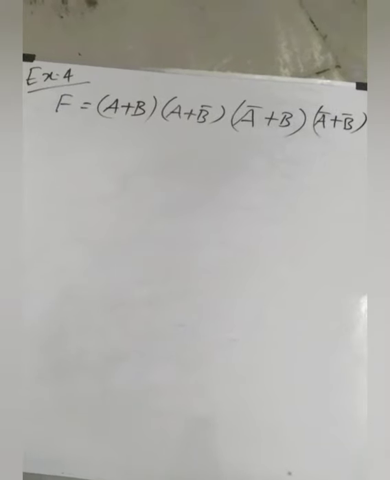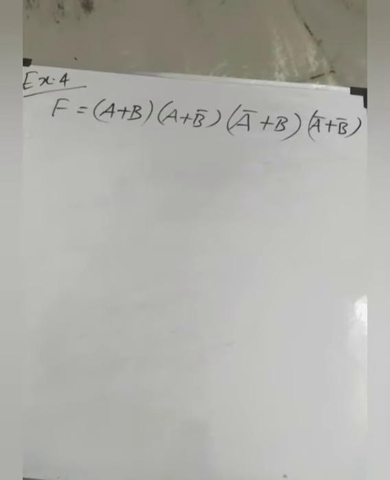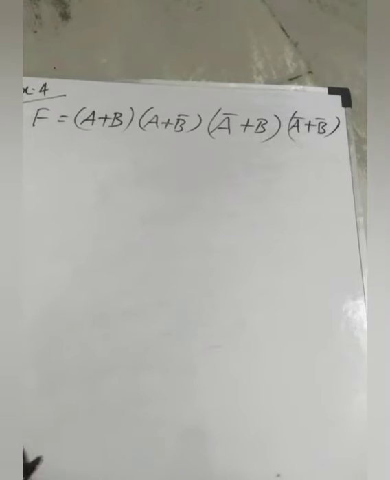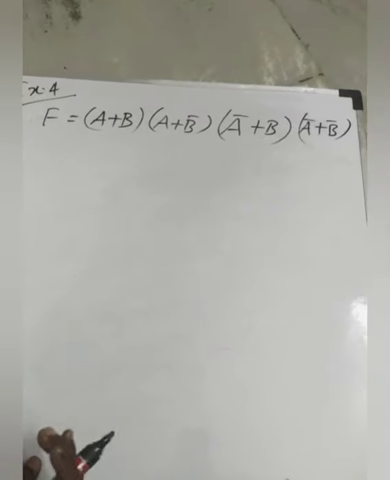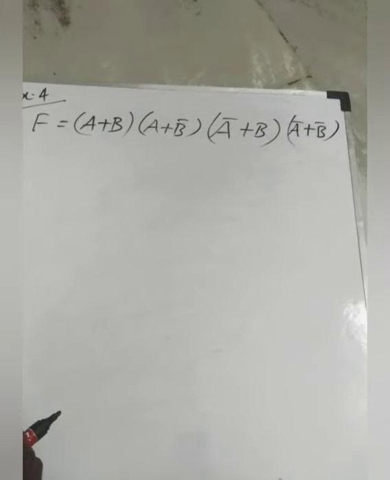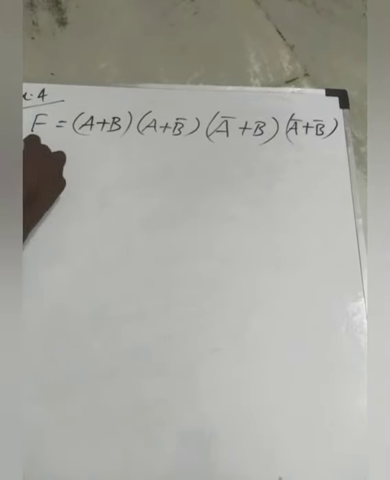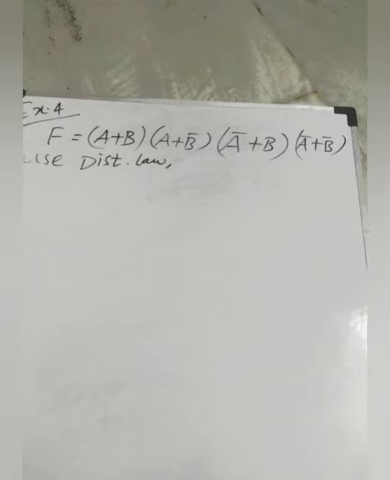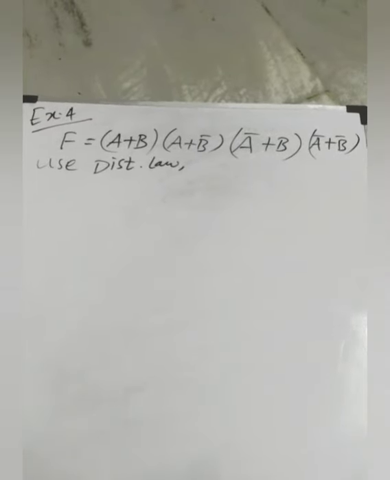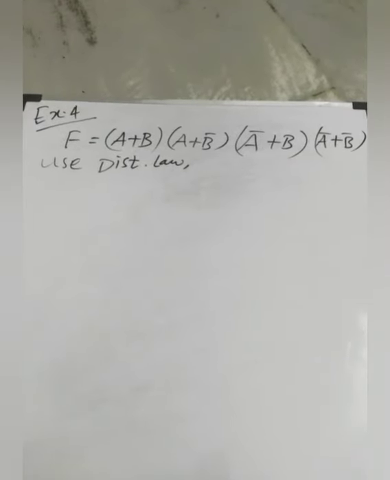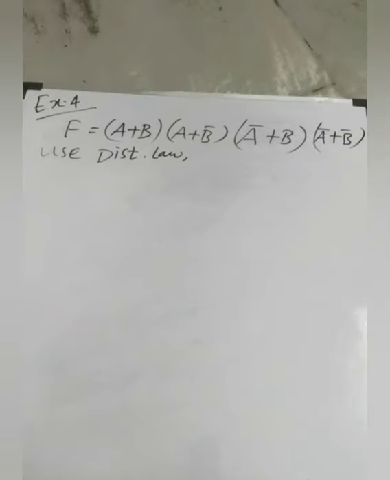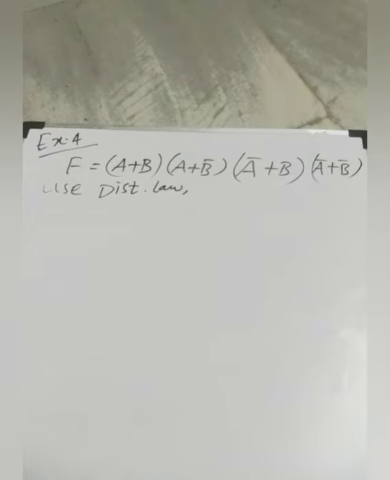This is your fourth exercise, guys. Take this function f = (a + b̄)(ā + b)(ā + b̄). Okay, see here, use the distributive law. See why we are straight away moving to the distributive law. First of all, we have to think of whether we can apply the NOT rule over here or not. We should give priority to the NOT operation. So we cannot do any NOT operation over here for simplification.